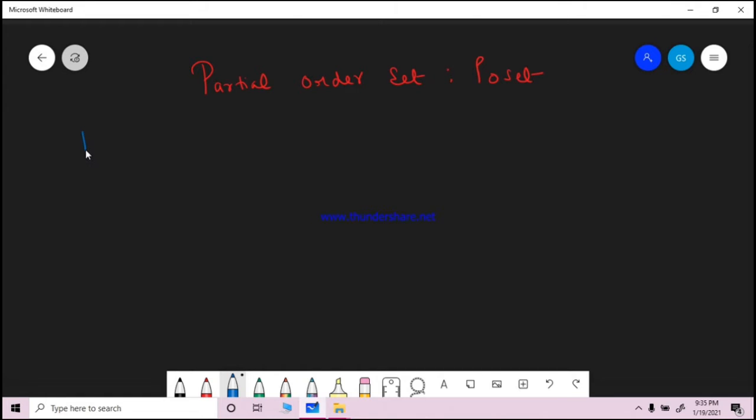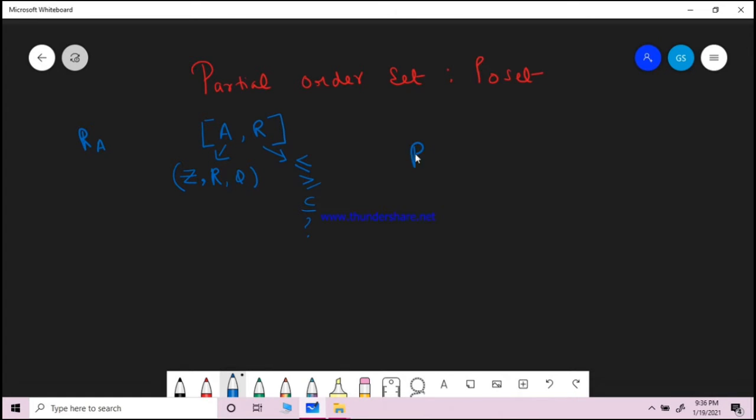So, if you are having a relation R over any set A, we usually represent a poset like this: this will be your set, and this will represent your relation. This relation could be any symbol, such as greater than or equal to, or less than or equal to. And this is a set, and this set could be the positive integers, or the integers, or R, or anything. So this is the representation of a poset.